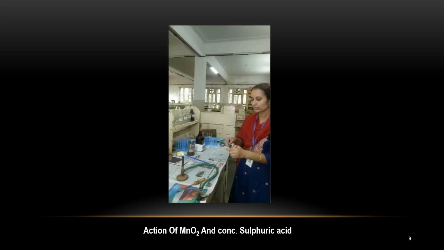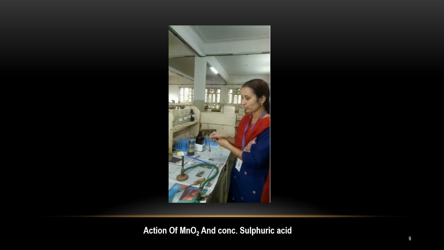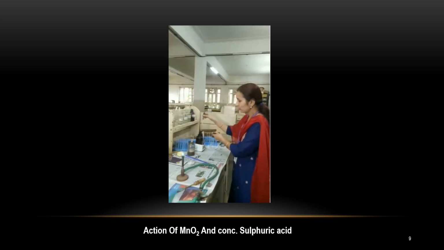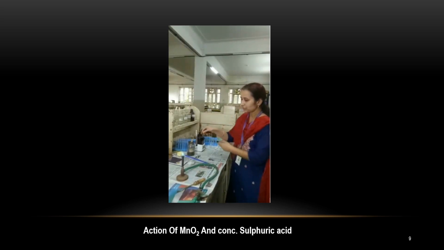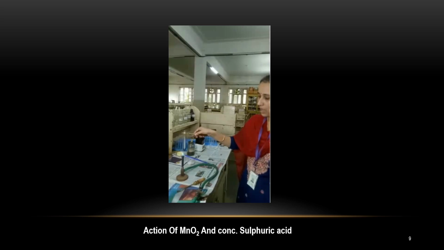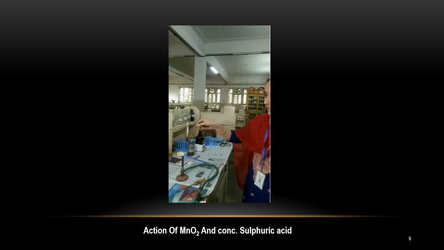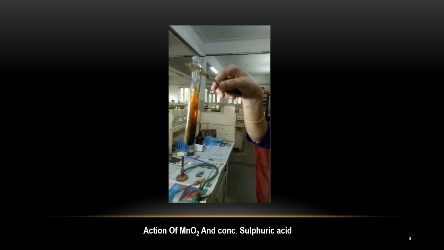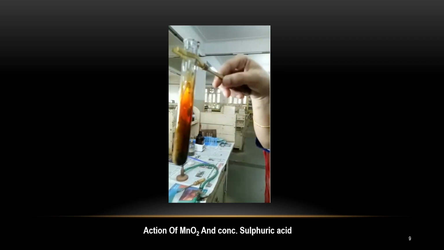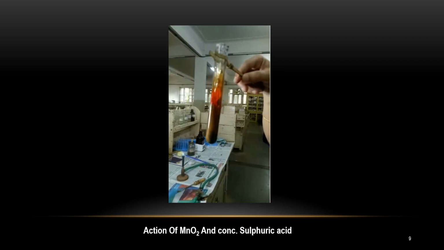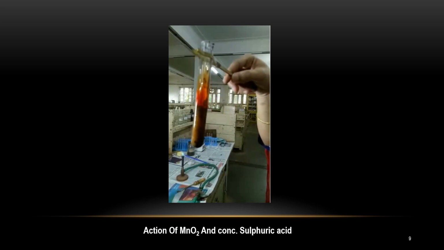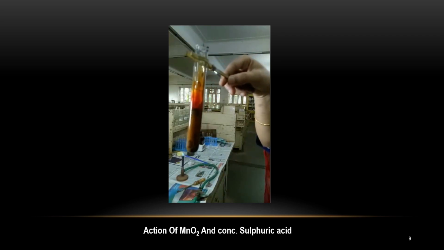Hold the test tube with the test tube holder because we require concentrated H2SO4. Add 3 to 4 drops of concentrated H2SO4 with the help of a dropper. Just heat the reaction mixture and observe the evolution of gas. Now see, intense brown fumes occur, therefore bromide ion is present in our mixture.